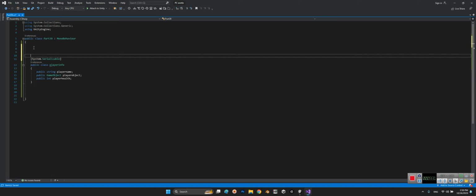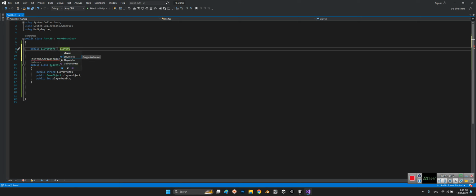So we will say public, and we have already defined a new kind of variable, public PlayerInfo as an array, and we will say playerInfos. Now let's save, and let's come back to the Unity editor, and we will see something